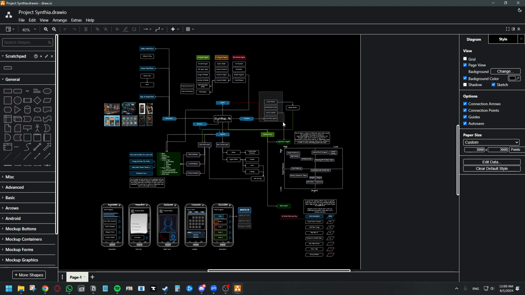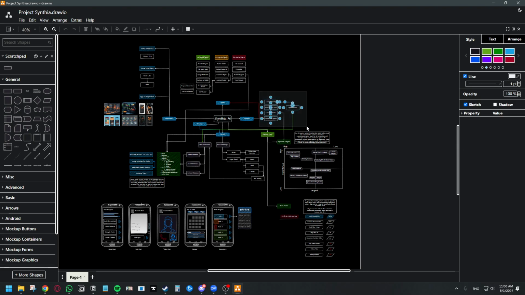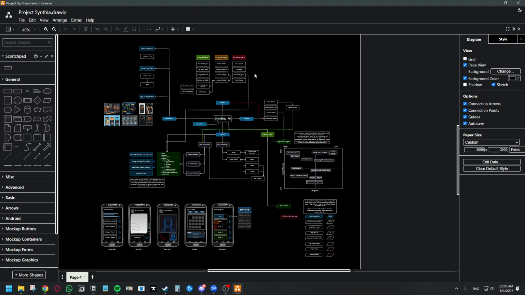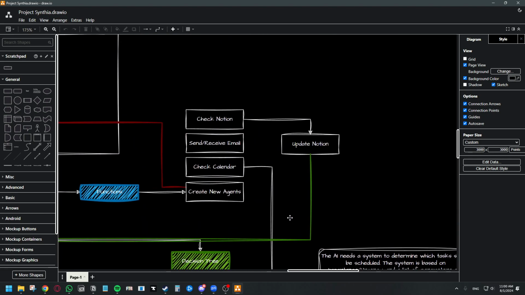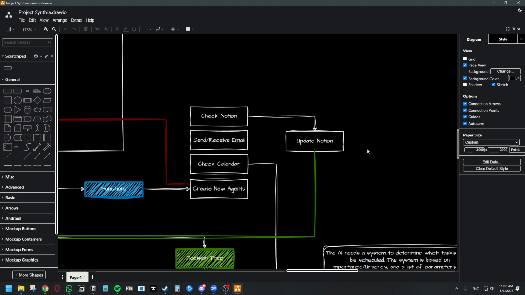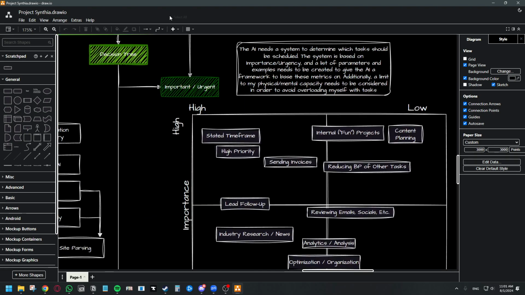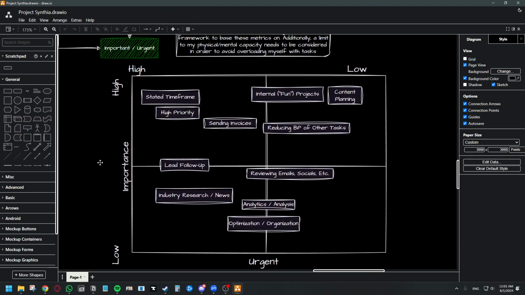Those additional functions are going to be things like, so I use Notion as my CRM, so having it go through and actually check the updates on the individual projects, that kind of stuff. Creating a list of tasks that need to be performed during the day. I can zoom in on this so you can see a little better. So going through, checking Notion, seeing what the product status is, being able to send emails, being able to check the calendar, and, like I said, get a list of priorities. That list of priorities is also going to be based off of this, so it's going to figure out what the actual priorities are.